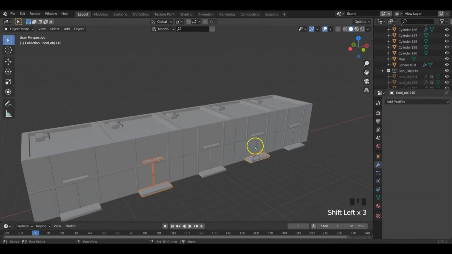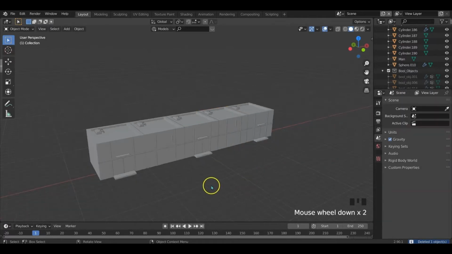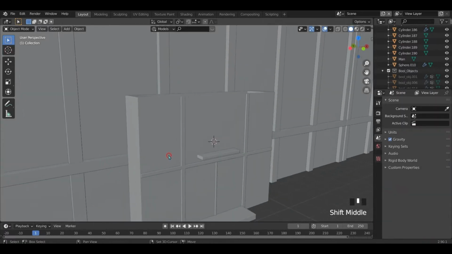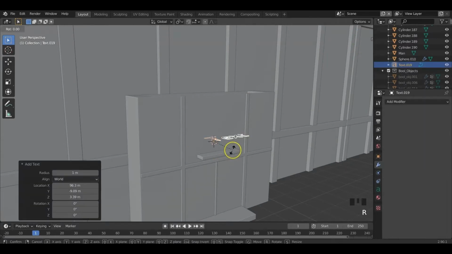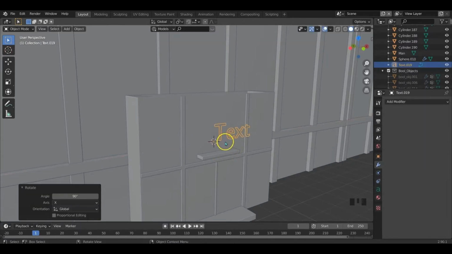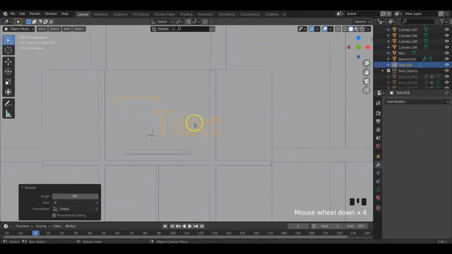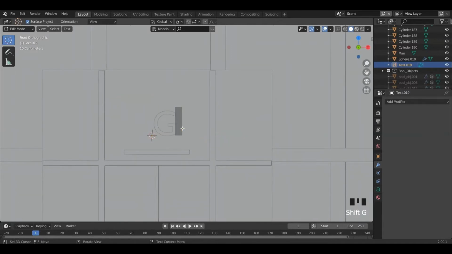Let's zoom in and select the objects that we need to delete. Delete those off separately as well as this one. That's what I'm looking for. Now adding in text, simple as that. Just putting in gate 1,